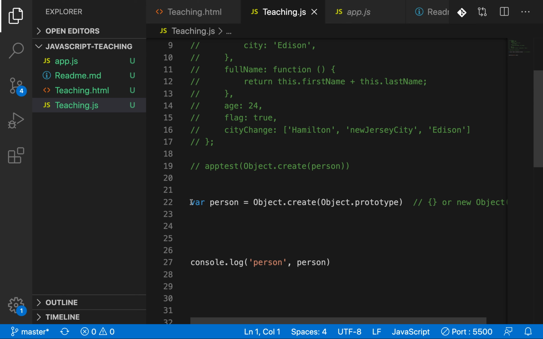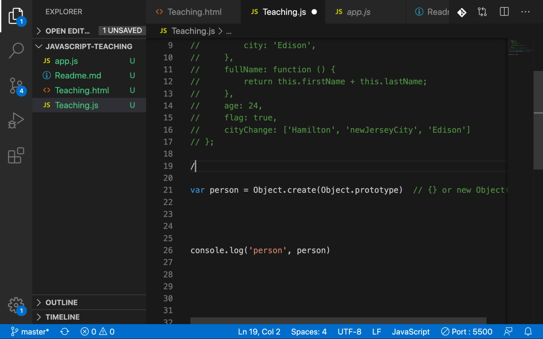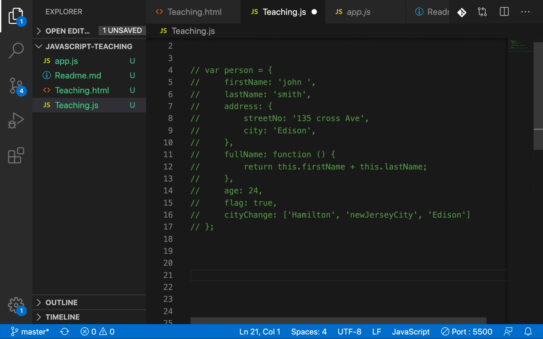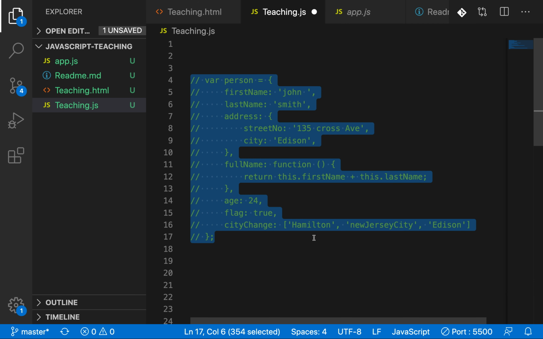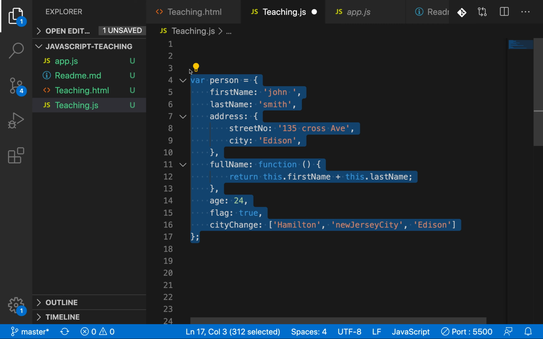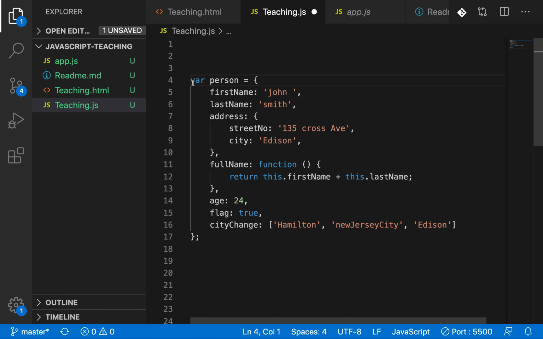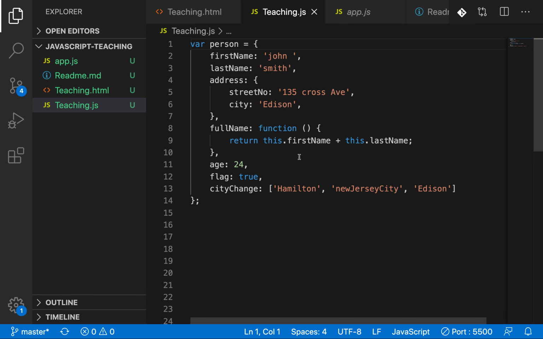So let me uncomment this and remove these things. Just a second. I define person, which I don't want any library to touch, like adding any new properties.